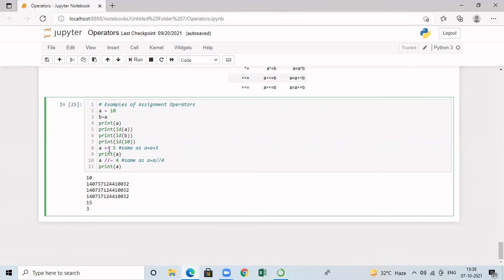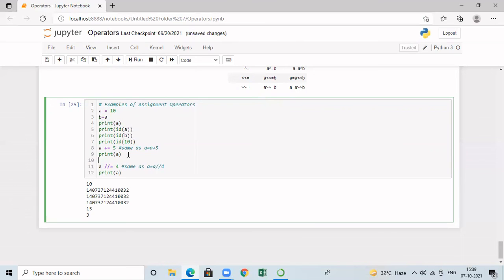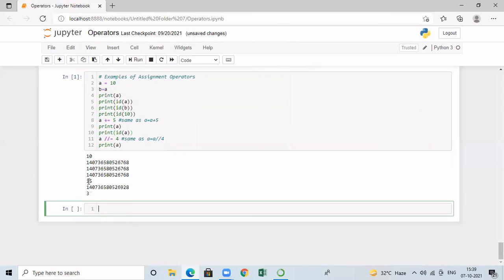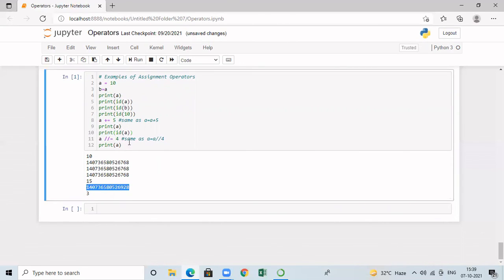And now let us see how the shorthand assignment operator is going to work. I'm now taking the statement a += b. This is same as a = a + b. a is 10. It will now add 10 and 5 and the answer will be stored in a. So when I print a, I am going to get the answer as 15. Let us see what will happen if I print the ID of a. You can see here the ID of a is different. What is the reason? Because currently a has the data 15. It is not same as 10. Definitely the memory location will be different. Because of that, I am getting another memory location.